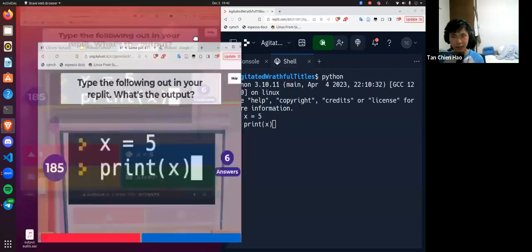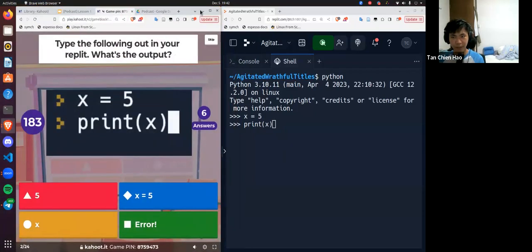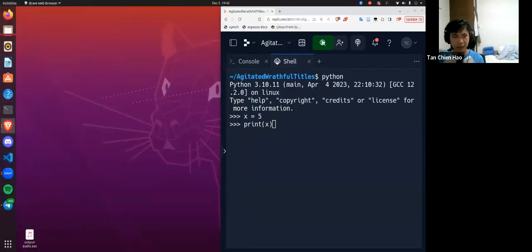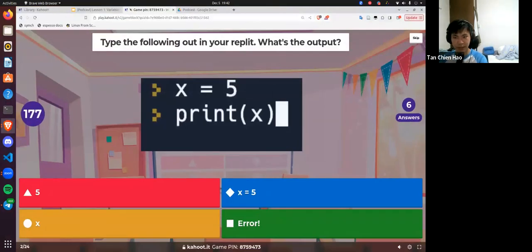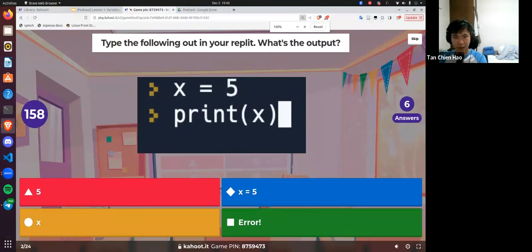But I'm going to expand the Kahoot so that you guys can see, because when I share the Zoom screen, if the Zoom screen itself is split, it's hard for you to see the code. So I'm going to maximize it so that it's bigger for you. And then when I switch the tab over, that's when I'll